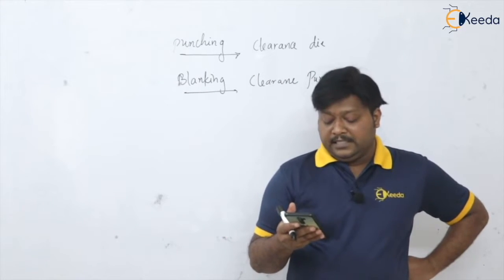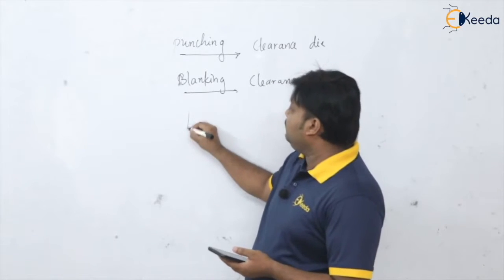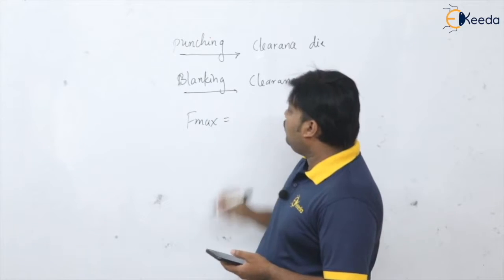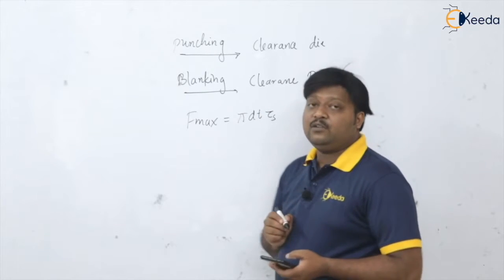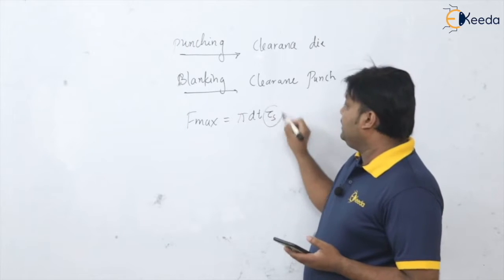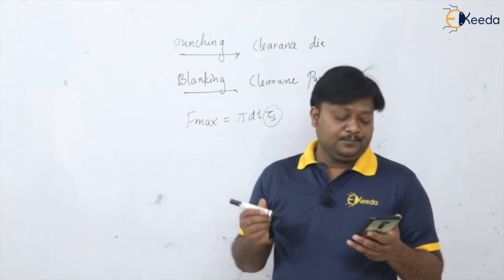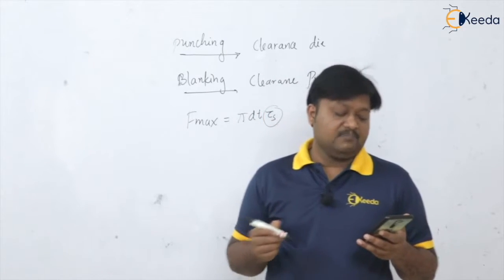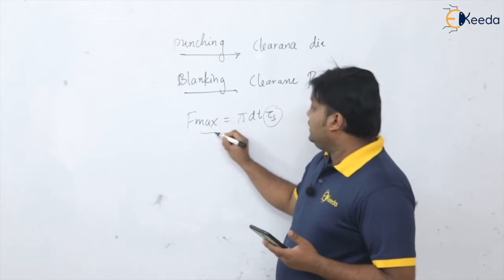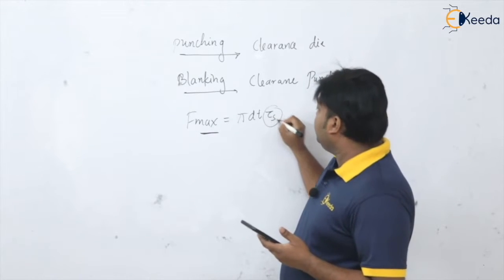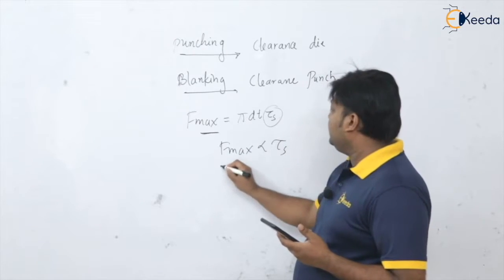Next question, the cutting force in punching and blanking operation mainly depends upon. Cutting force in punching and blanking, we have seen F max is equal to what? Say it's a circular hole, then it is pi times d times t times shear strength of the material. So it depends basically on the shear strength of the material. Options are modulus of elasticity, no. The shear strength of the material, yes. And other options are bulk modulus and yield strength. So this force in the sheet metal operation of punching and blanking is proportional to the shear strength of the material.